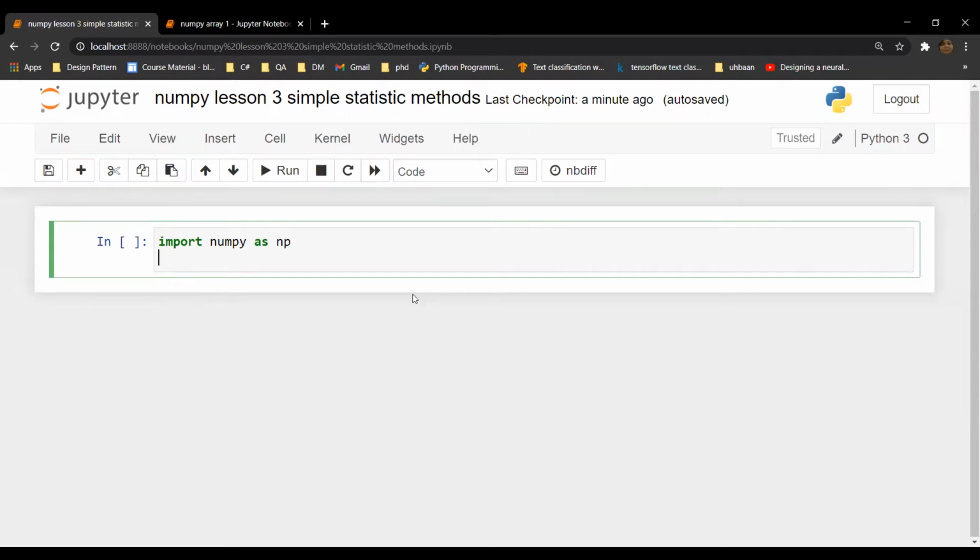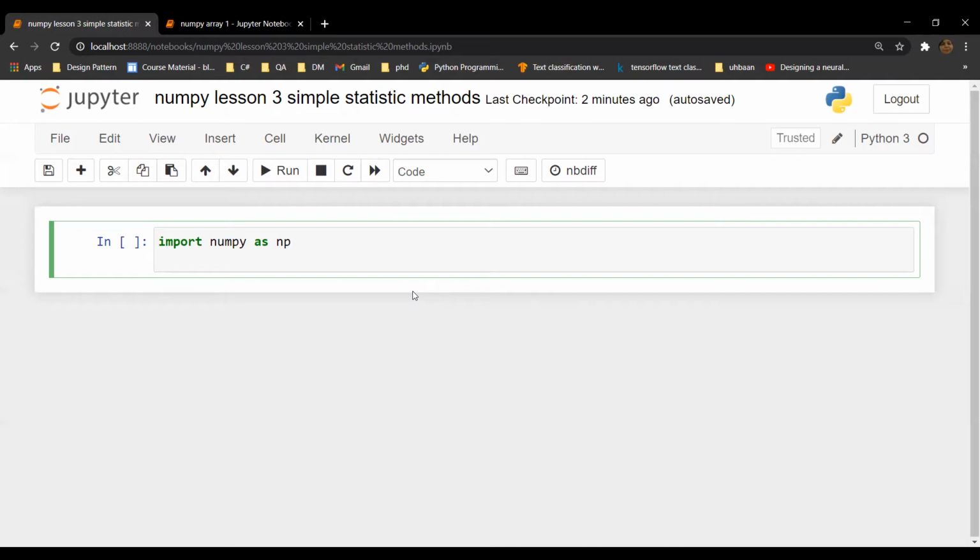Random is a very important built-in formula that is used in data science analysis, and it helps in creating a lot of data values for us. So let's start by creating NumPy arrays so that we can apply some statistical formulas on them.